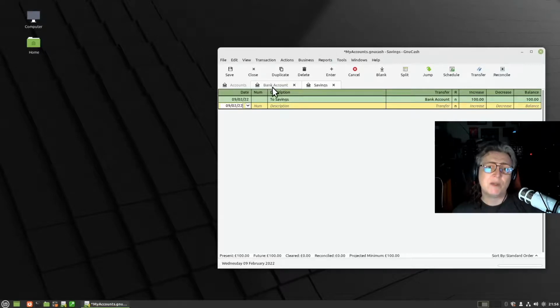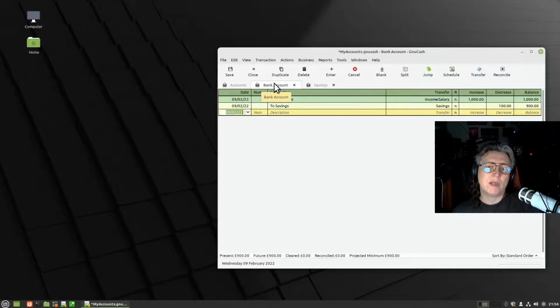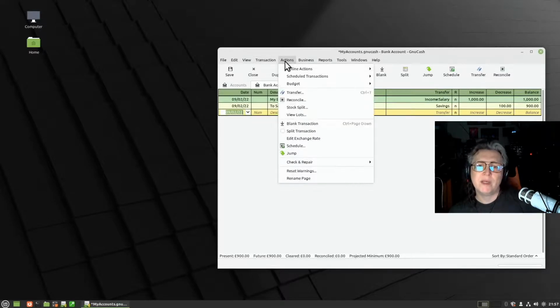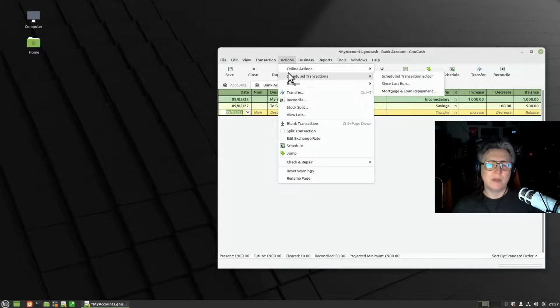And what you can then do is anything. I've got another one for my credit card, so if I spend anything, I can note it down. And what I'll also have is scheduled transactions. So any scheduled transaction that you know is going to happen, you can put a scheduled transaction in there, and it will automatically put it in. So things like if your wages come in every month, you know roughly how much that is,